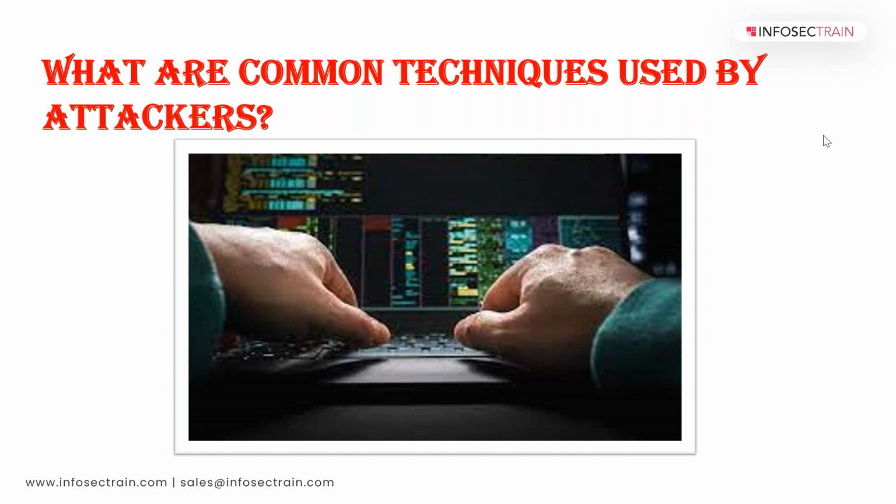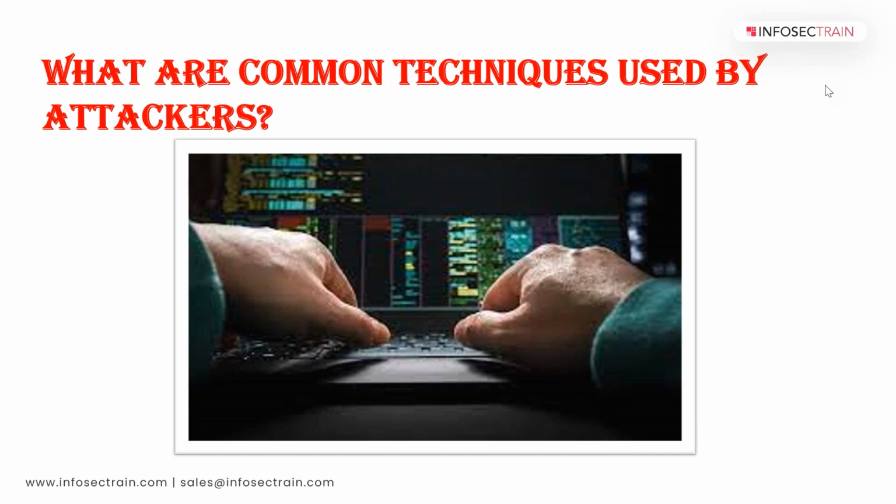Now when we go to the next slide, what are the common techniques used by attackers to distribute malware on the web? Basically malware is spread through the internet, right? Daily we are using our mail IDs, logging into multiple social networks, using LinkedIn, different job sites and different types of mails. So if we are using the internet, we have a risk from malware, right?